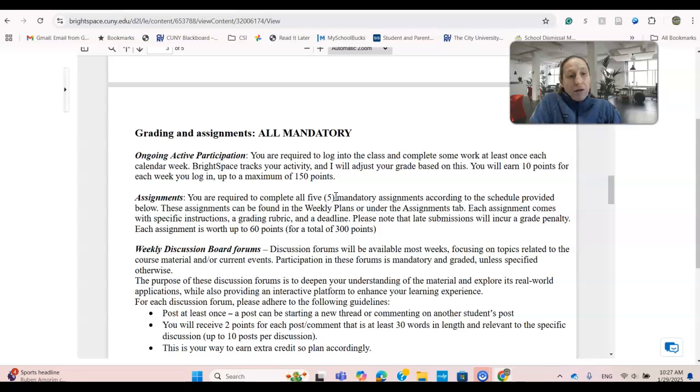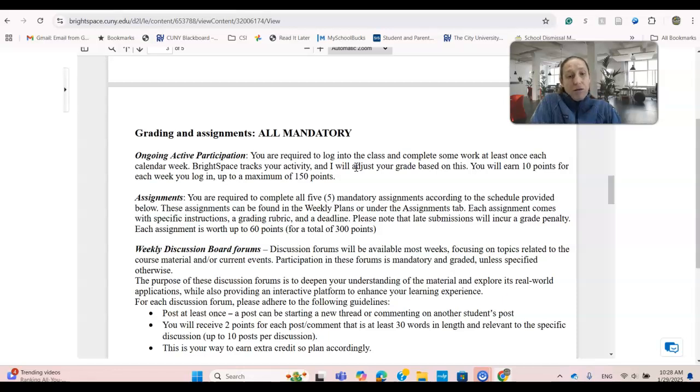Grading. You have to do the work in order to pass the class. So, ongoing active participation: you are required to log into the class and complete some work, even if it's just reading something. Every time you click in the class, open a file, or do something, you get a digital stamp. I need that digital stamp at least once every week throughout the semester.